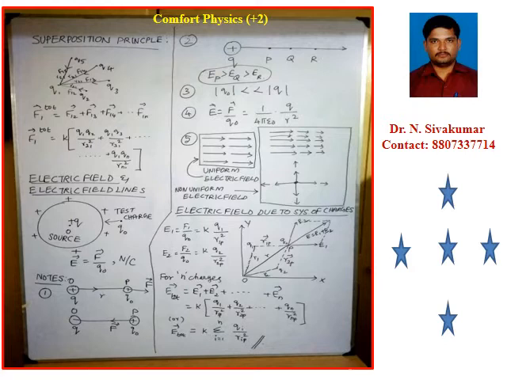Along the source charge direction, force direction, I am going to consider 3 points P, Q, R. At point P, the electric field value is maximum when compared to the point Q. At the same time, at point Q, the electric field is maximum when compared to the point R. Therefore, if you are considering a point near to the source, the field will be maximum. Therefore, EP greater than EQ greater than ER.